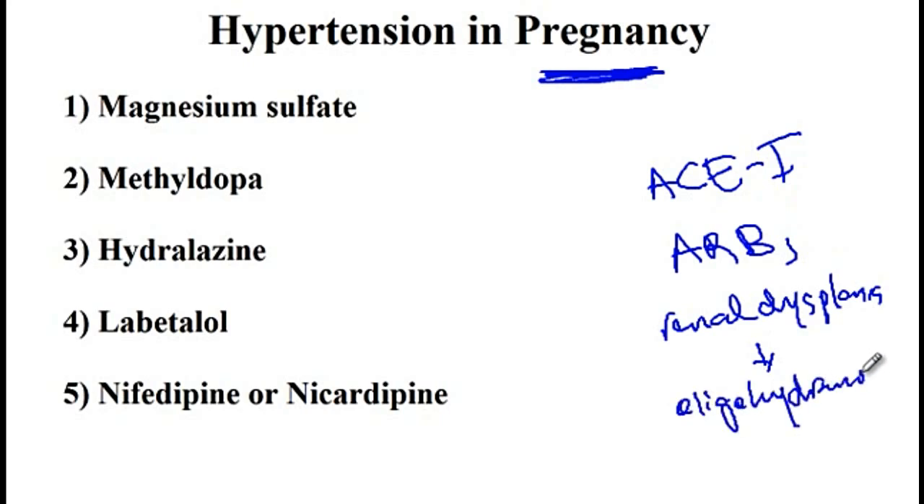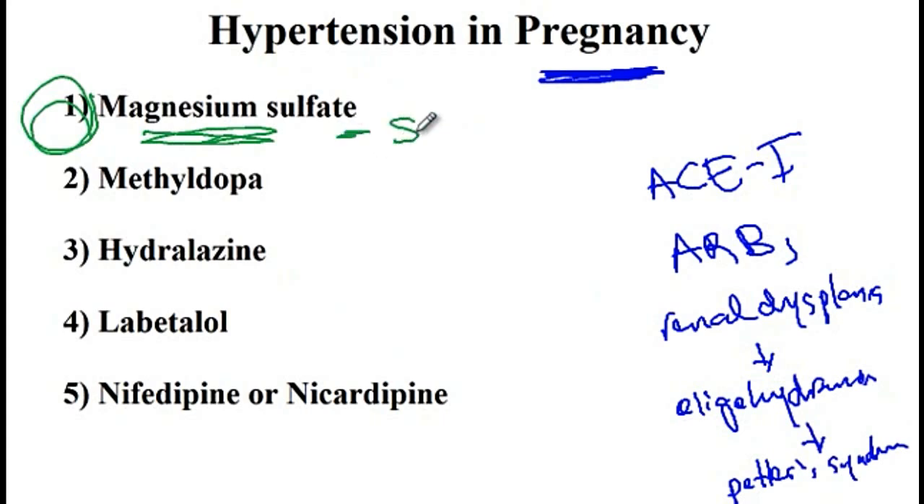oligohydramnios, as a consequence of which they would develop Potter's syndrome and their lungs may not develop, and thus they can cause death. So the classes of medications that you can use for the treatment of hypertension in pregnancy: one, you can give magnesium sulfate to prevent seizure development in patients that have preeclampsia. And then the other safe classes of antihypertensive medications include methyldopa, hydralazine, labetalol, or calcium channel blockers like nifedipine or